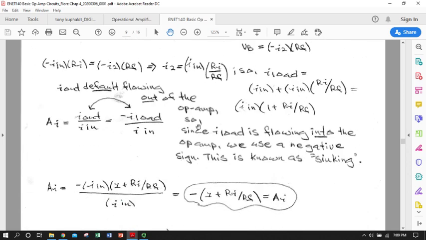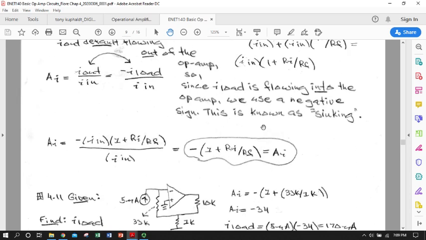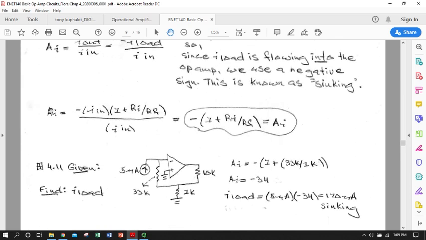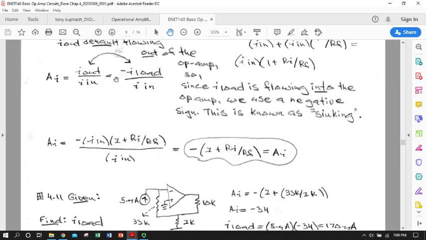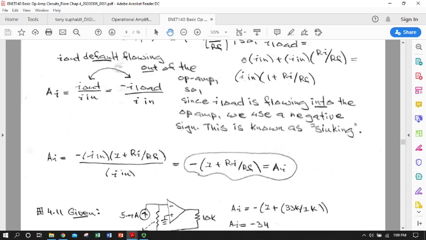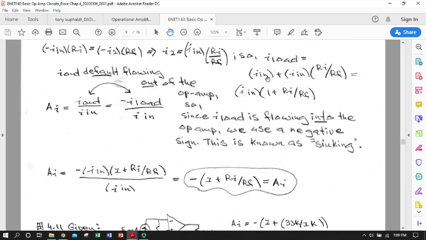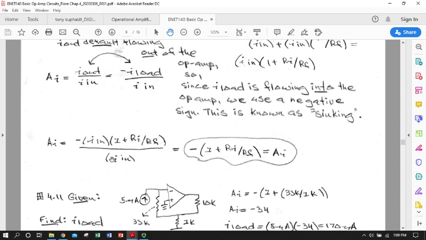Again, this is called sinking behavior. So gain ends up being I load, which is this whole expression with the In factored out, divided by In. These two cancel. We keep the negative sign to indicate sinking, which would be a phase inversion in the current